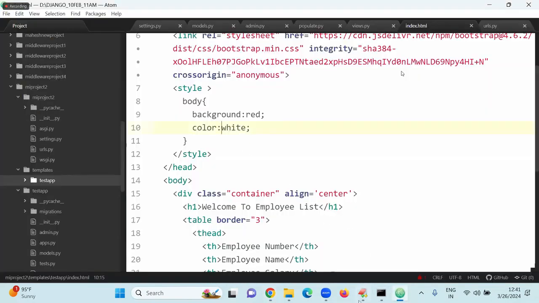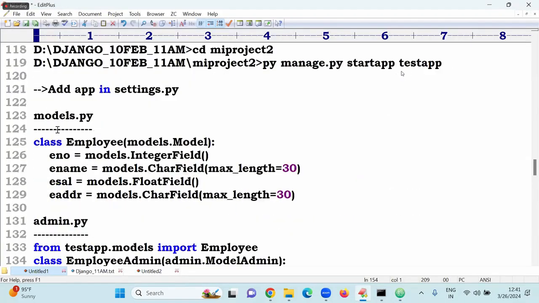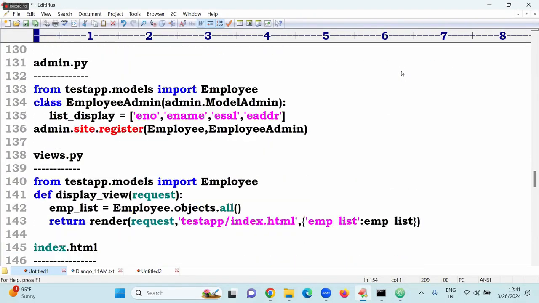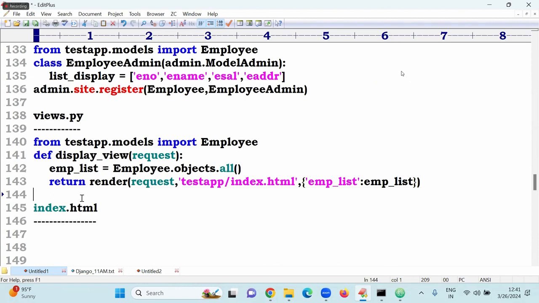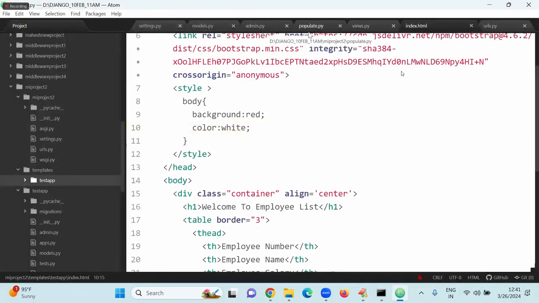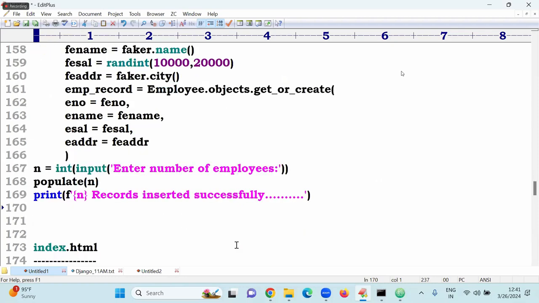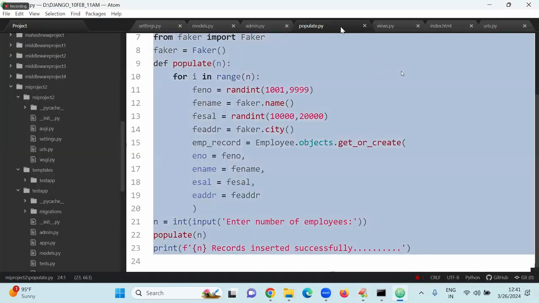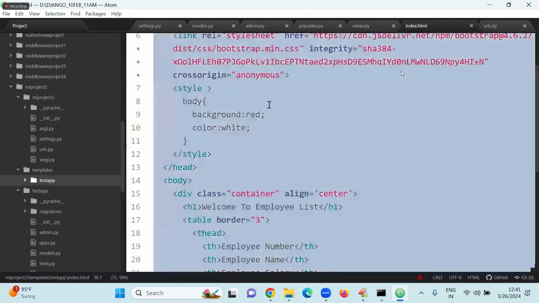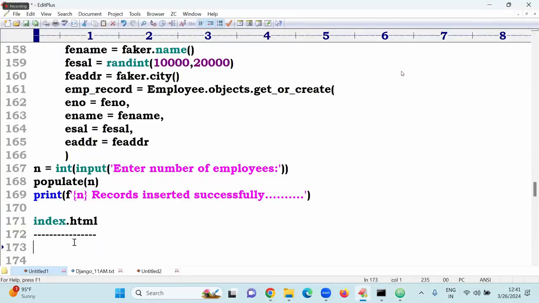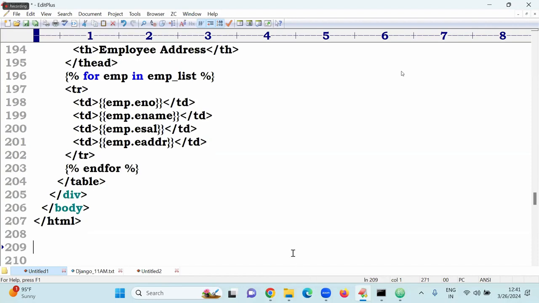Up to now whatever I completed, model class you know, admin you know, views.py. Just in the class notes I will give this one. Populate.py also you know this code. This is the populate.py code. After that index.html. HTML file also we did so many times in the FBV project, same thing. Copy pasted. So here the new thing is only one thing, that is whenever you're asking